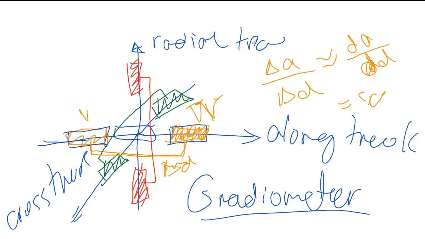When this distance is small, we have the gradient of the gradient, or second order derivative. So in fact we measure a tensor,